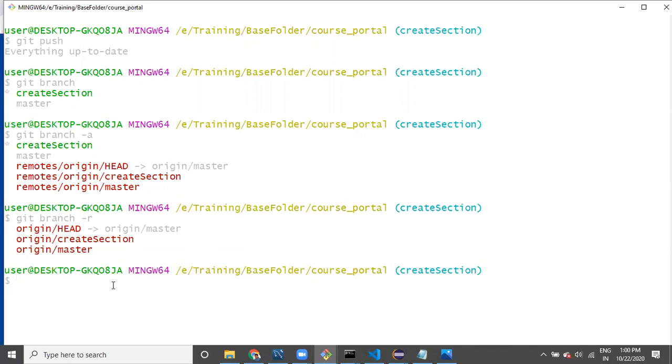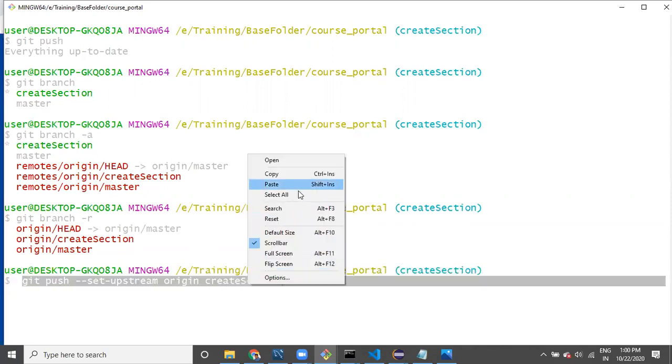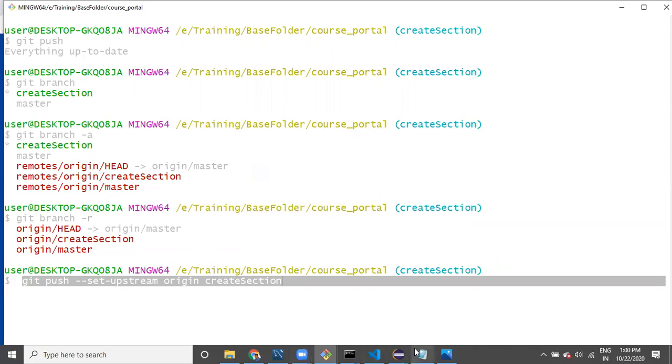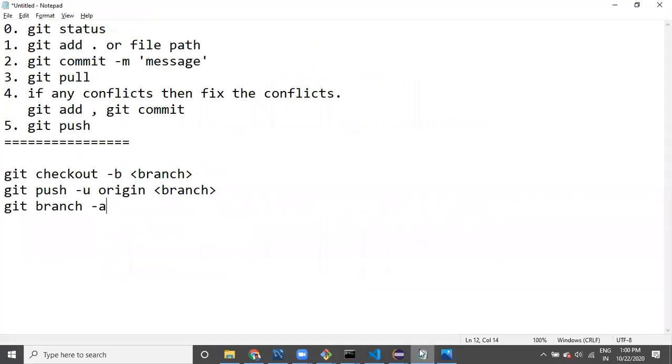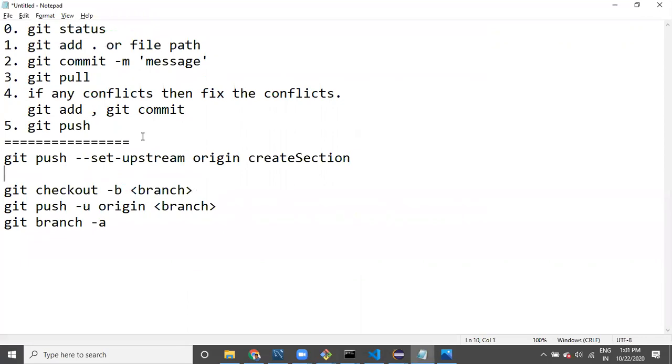into the branches. What are the commands we have used right now before pushing? To push the command, copy this and then provide here, working with the, this one.